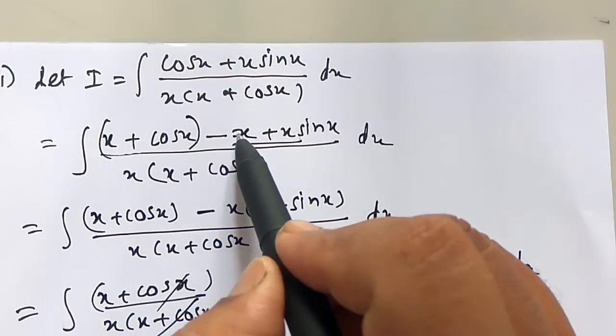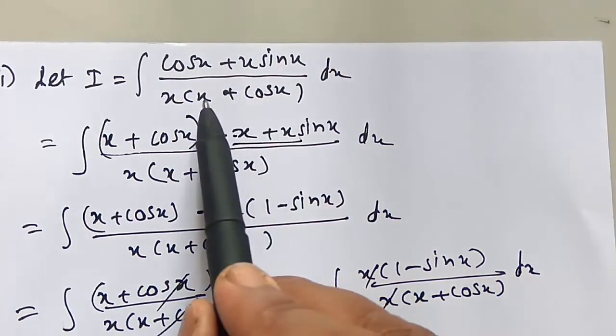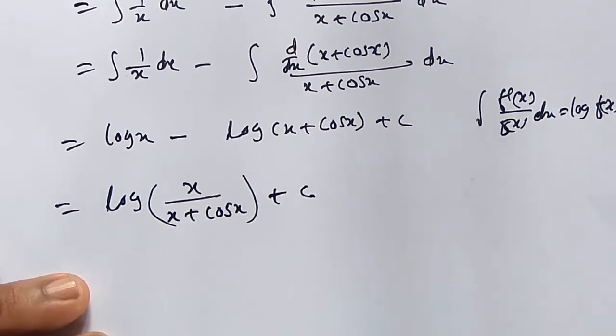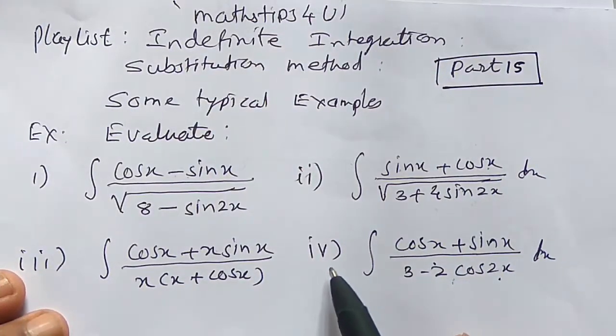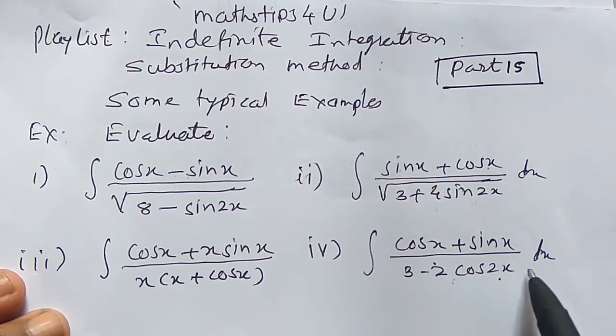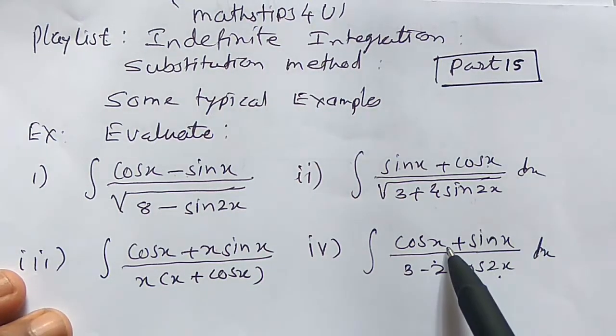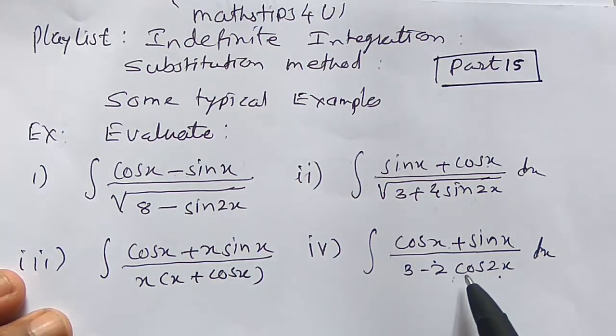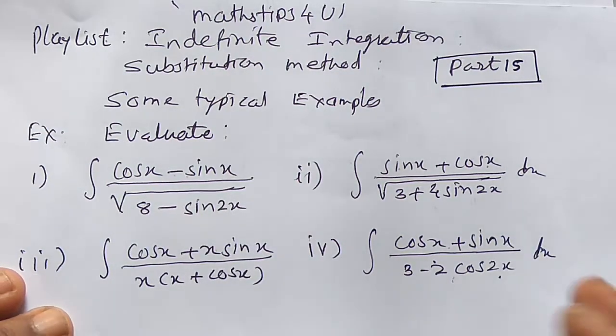Now you understand the trick. You have to add and subtract x so that we can factorize, we can cancel the factor x plus cos x or x. Next example, that is the last example, number 4, integration of cos x plus sin x upon 3 minus 2 cos of 2x. The numerator is the same as the previous example number 2, but the denominator is different. So here the trick is different. All the examples have different tricks. So here